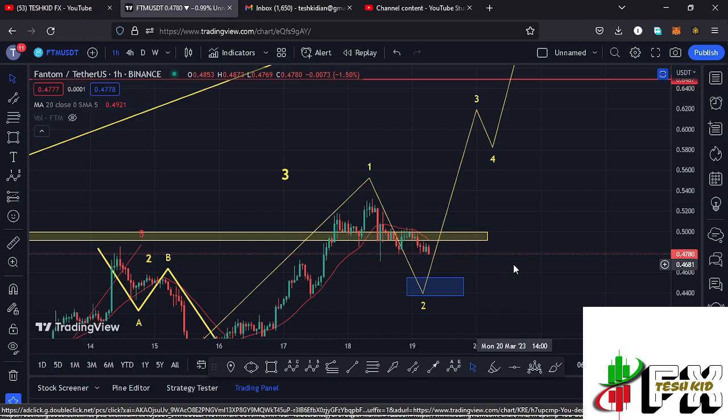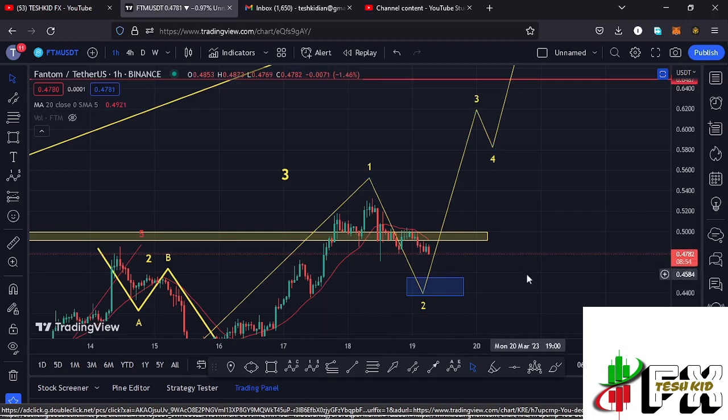So there are chances of taking a short trade here on the Phantom chart from the current prices and have your target areas into this blue target area, and that is not financial advice. So make sure that you do your own research before opening any trade, and that is what I'm expecting here